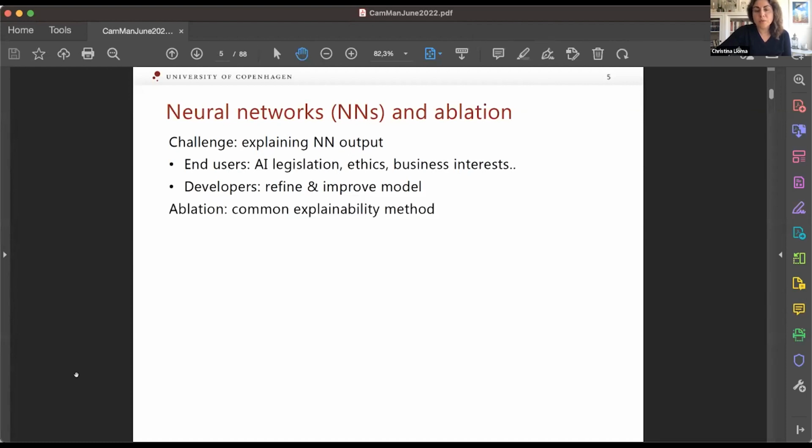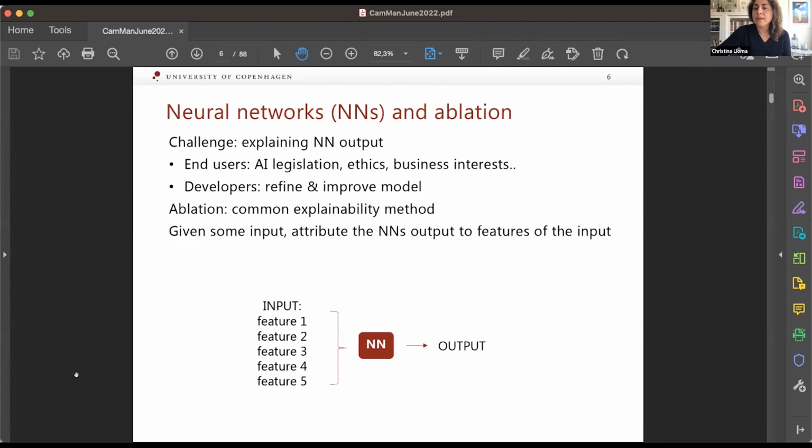And one of the most popular ways of trying to understand the output of neural networks, especially by developers and computer scientists, is ablation. So on a high level, the idea behind ablation is that given some data input that is represented as features, we run these features through the network, we get an output, and then we take turns removing each of these features every time, comparing the output that we get when a feature is removed to the original output we got when we used all features.